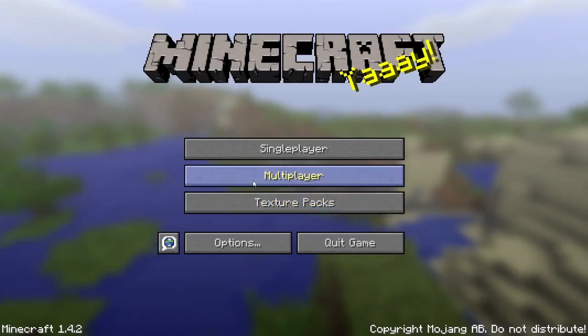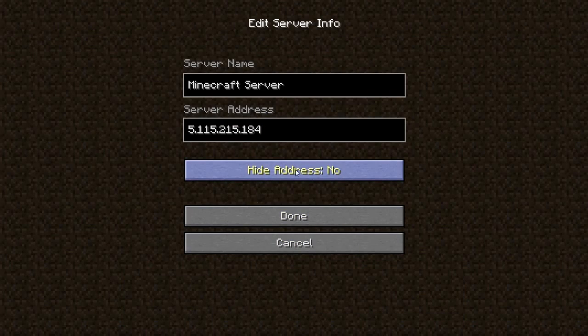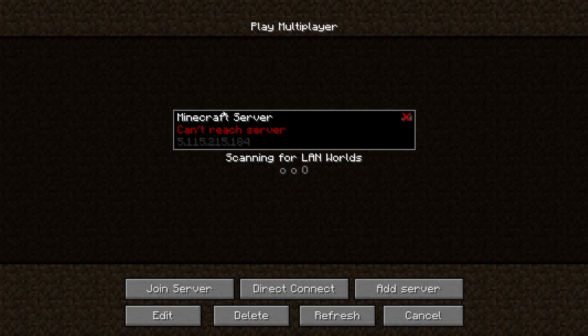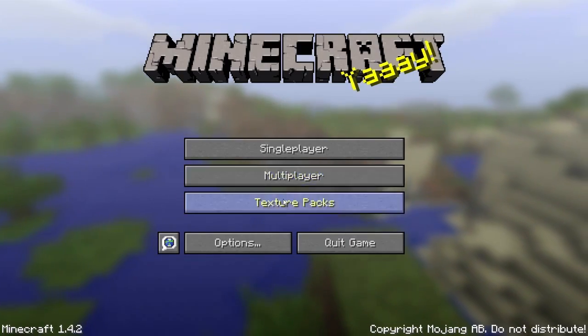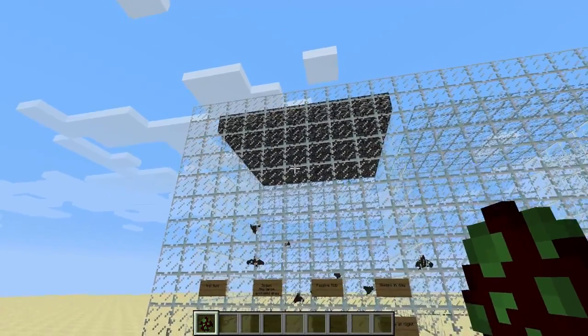Before I start, if I just go into multiplayer, I go edit, you can now hide the address, so if you're doing a let's play or something and you don't want people knowing your IP, then you can enable or disable said IP address. Obviously that one doesn't matter because it's a matchy one. But anyway, so